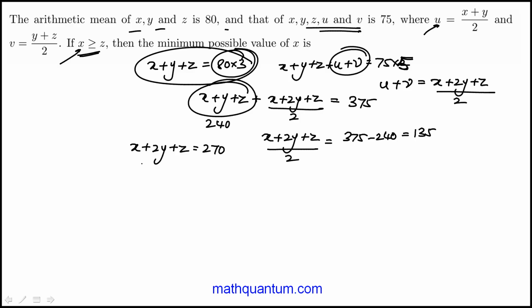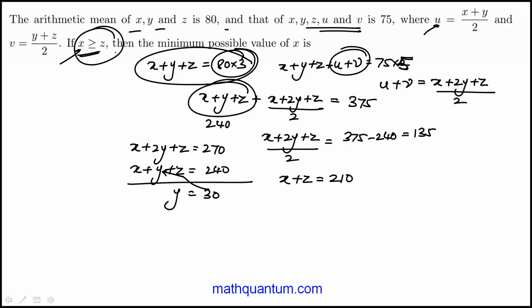Now, at this point, I can bring this equation and figure out what y is. Subtract them. I get y is 30. Plug that back in here, and I'll get x plus z is 210. Now, we're given this condition, x is greater than or equal to z. So I'll express z in terms of x. Plug that in here,